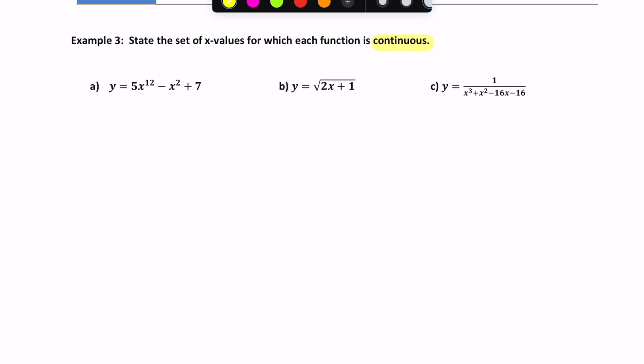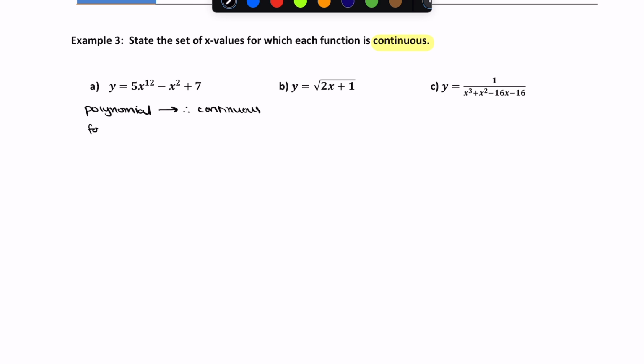So here we look at our first value. Our first value here is a polynomial, right? And we know that polynomials are continuous, as we noted in the note before. So this is a polynomial. Therefore, continuous